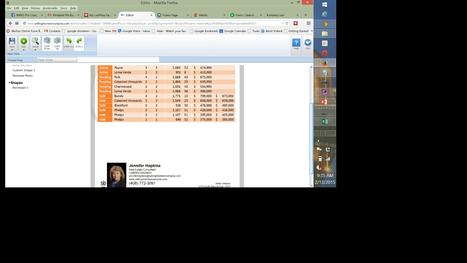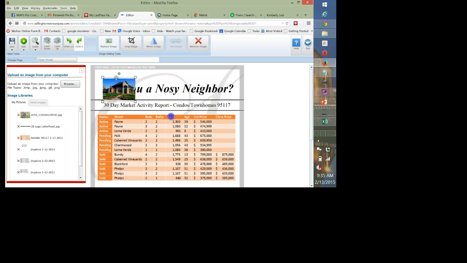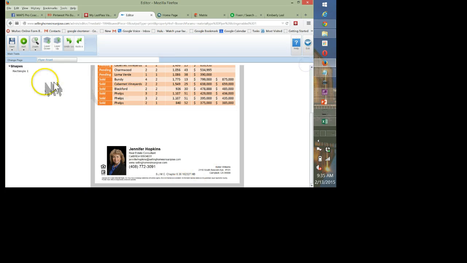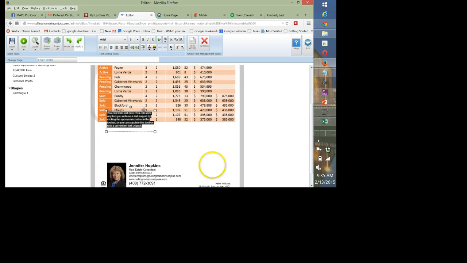So what we could do now is add a call to action. The best one, we'd go here to add an image, but I didn't want to do an image, so I want to go to add a text box. Notice I'm doing almost everything from that one area. And with a little bit of practice,